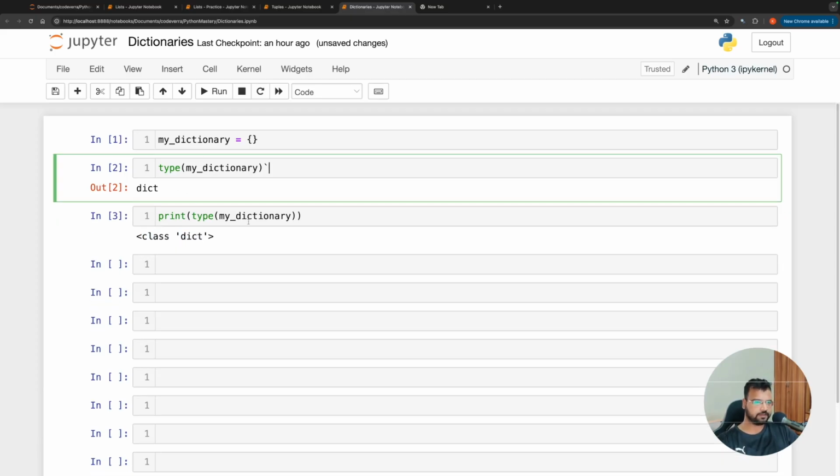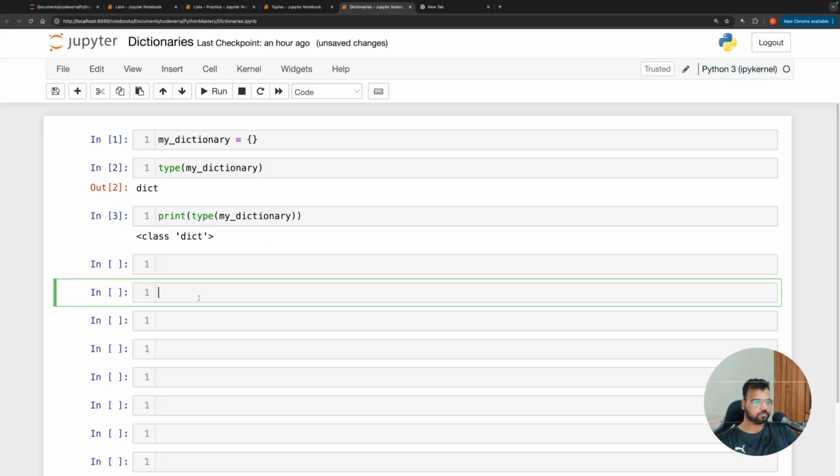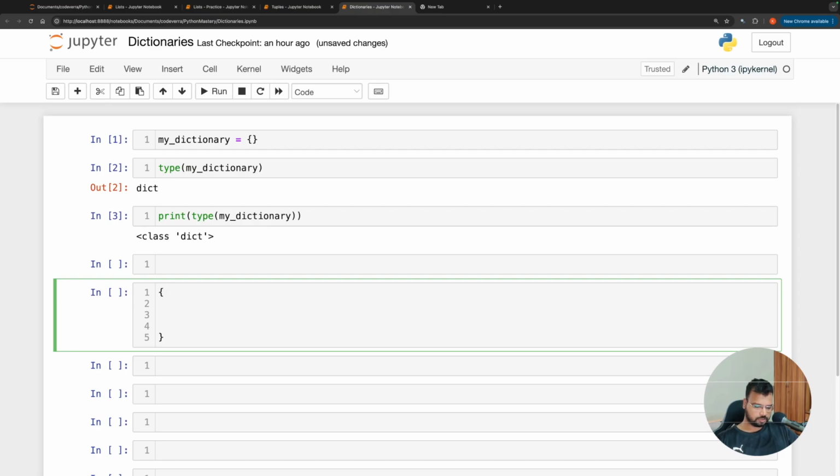Now, how do we create key value pairs? Okay. So let me create a key value pair where the key will be the name of the country and the value will be the capital of the country. So the first key is India, and I told you here the key is a string. I told you keys can be strings, numbers, or tuples. So here I have India, and then let me have the capital of India,